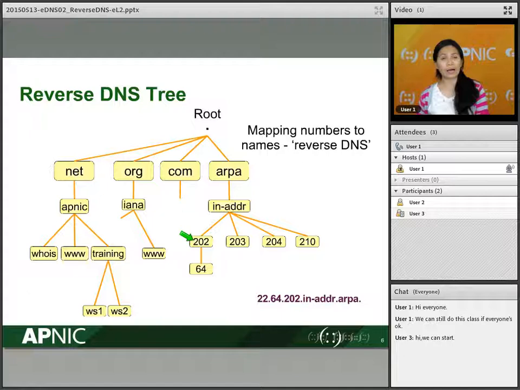Next one, you have here 64, because we have 202.64, but it also has values from 0 to 255, all possible values for each of the class A, this one, the first octet blocks, and then followed by the next block, which is your third octet. Here in this case we have 22. So for our 202.64.22/24, our fully qualified domain name will be, again from the bottom going up,